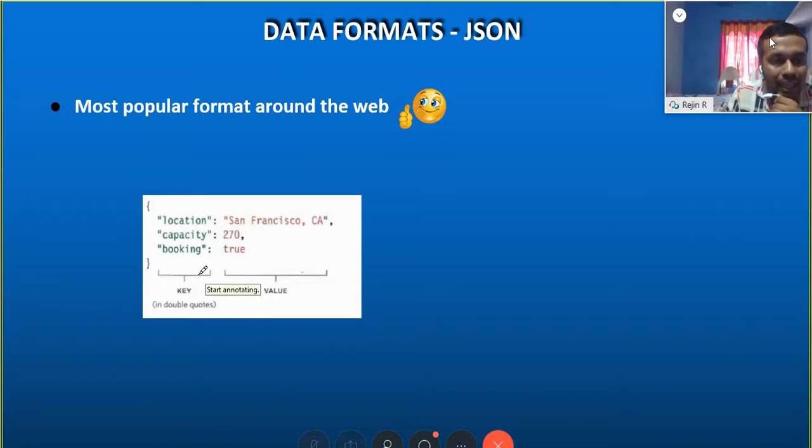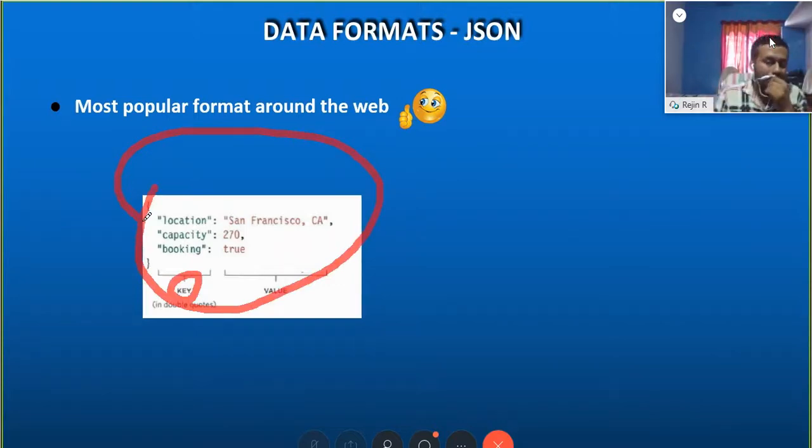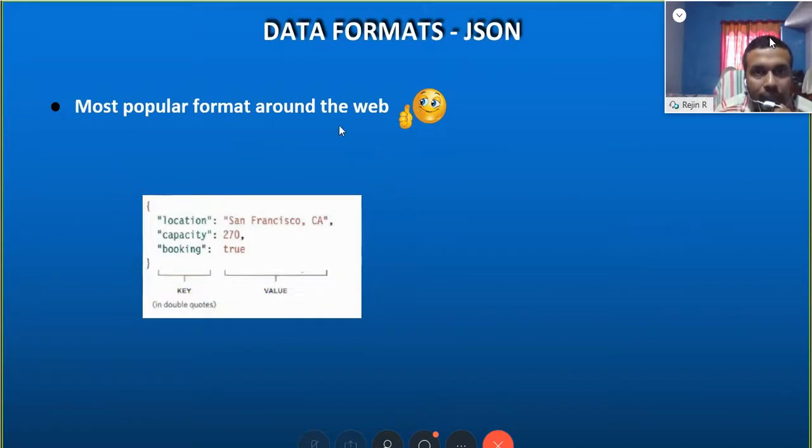So this is the format. This is an entire object. There will be a key and there will be a value. You can see all these things. This complete thing is an object.